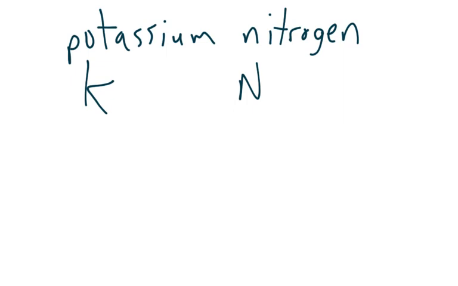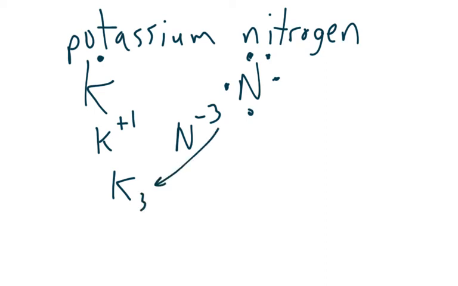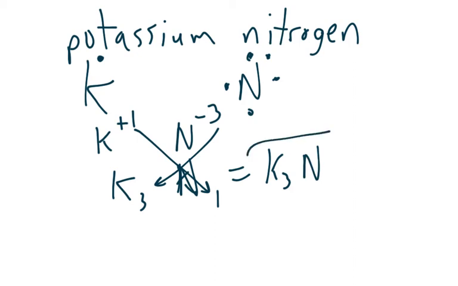Let's go over here. So potassium has 1 valence. In fact, it wants to lose that 1. Nitrogen has 1, 2, 3, 4, 5 valence. And what nitrogen wants to do is gain 3. So let's use the crisscross method. So we know the 3 goes over here. Let's put a nitrogen there. The 1 goes over here. We don't need to write the 1, so it becomes K3N, which means that for every 3 potassiums, you need